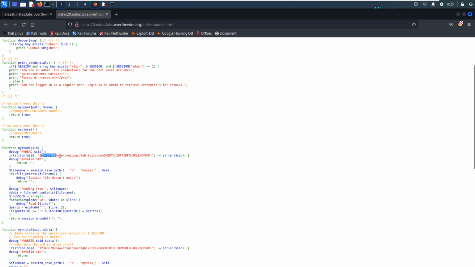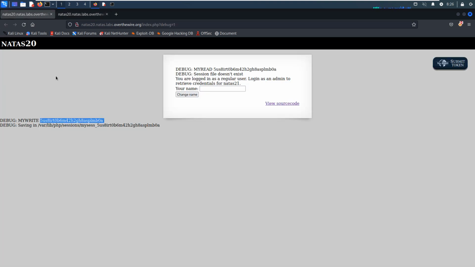However, as you can see over here, the SID, the session ID, consists of a much bigger collection of possible characters, like digits and also lowercase and uppercase characters, and it will debug invalid SID and the file name. The file name should be the current session path followed by the slash and the my mess. I think this would be a bit familiar, right? We have already seen this information. Okay, so this should be the session ID.